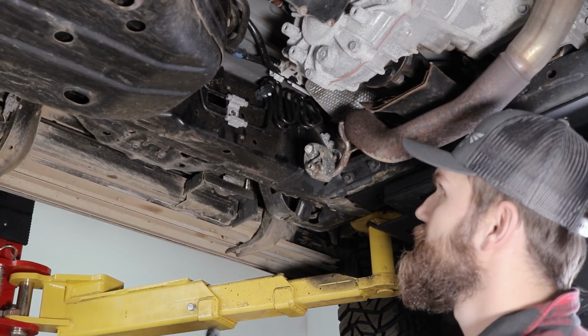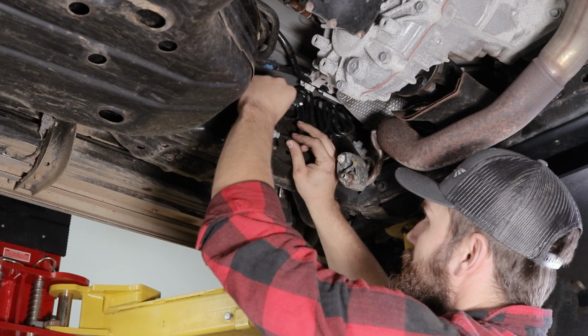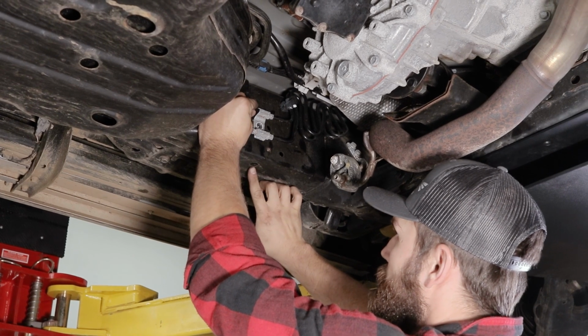All right, and then on the driver's side, very similar to the passenger, we're going to be installing the nut tab through this existing hole in the frame rail, just behind this factory bracket, and lining up with this bottom hole,